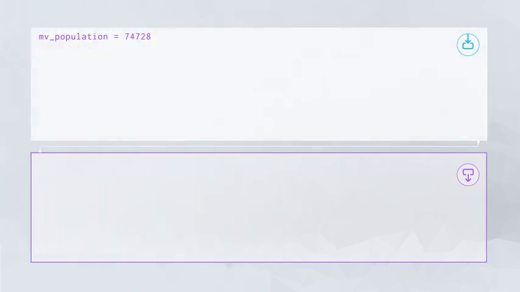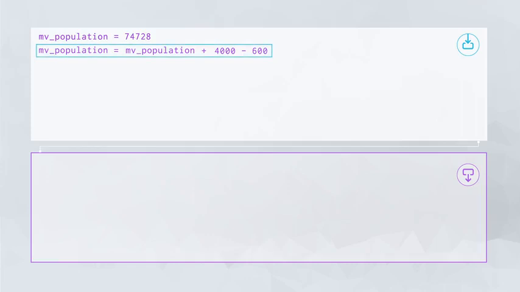78,128. Or if we got this new value because we knew 4,000 moved to Mountain View and 600 moved away, we could just apply those changes directly to this variable. In this line, the variable MV population is being assigned to itself plus 4,000 minus 600, which results in